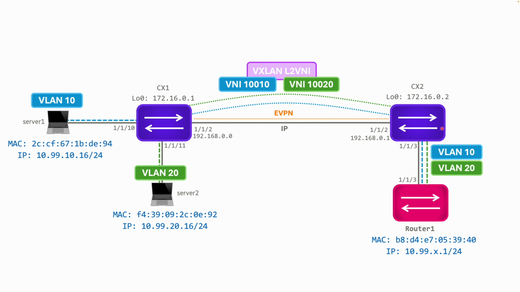So VLAN 10 has the mapping between VLAN 10 and VNI 10,010. It forwards it out of this port, 1/1/3. It hits router 1, and that ARP request for 10.99.10.1 is for router 1. So router 1 responds back to server 1 saying, oh yep, I've got that IP address and here is my MAC address. That will go back to CX2, and it will be sent back over to CX1